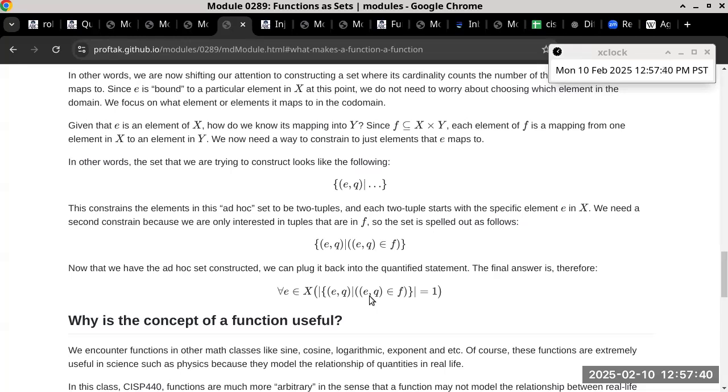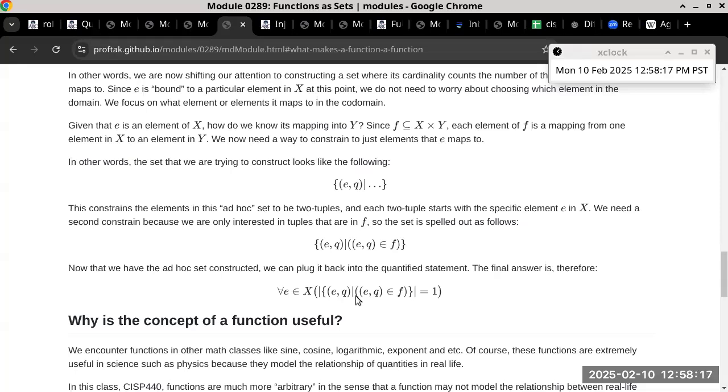It is a set. So this is saying, each element in this set has to be a two tuple because whatever is to the left-hand side of this particular bar specifies the format of each element in the set. Okay, it's a two tuple with E as the first member and Q as the second member. The value of E is already fixed. We know E has to be one of the members of the domain. Q is unbound at this point, which means go get whatever Q